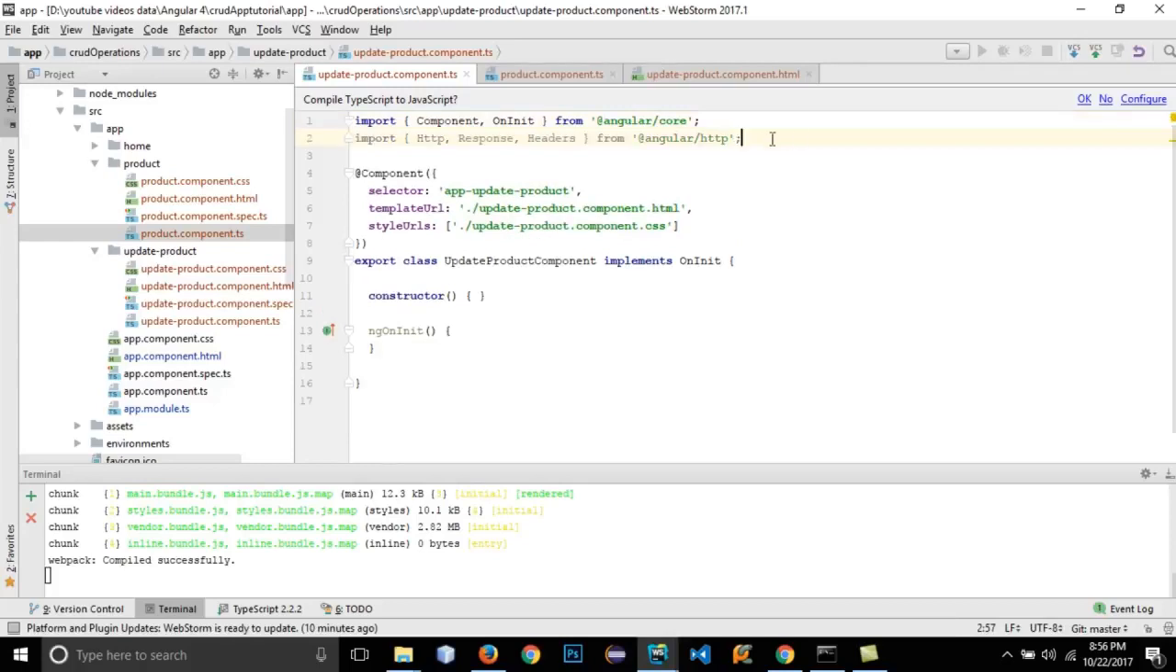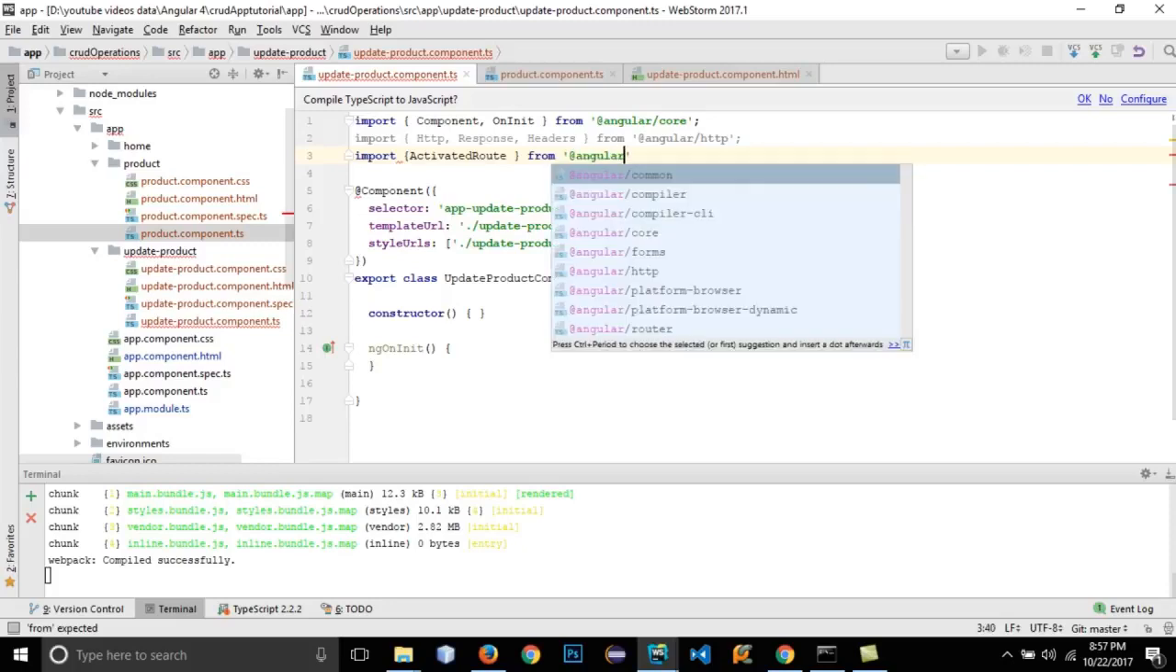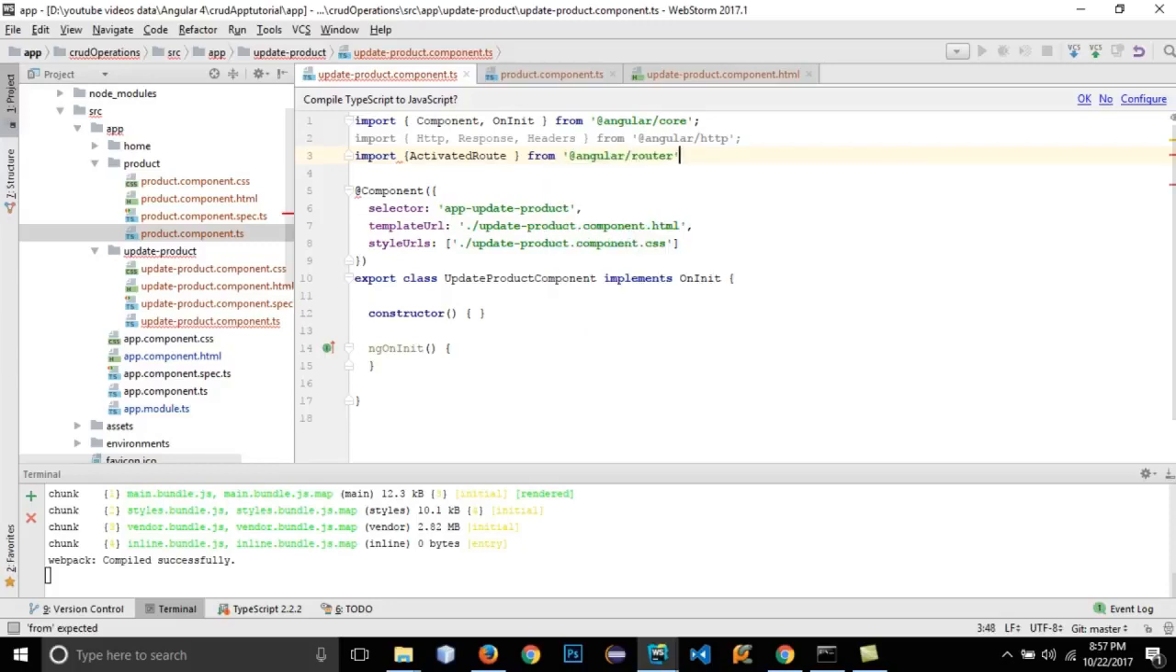Okay, and we also need to import the route, because as I said, I want to change the routes directly from the TypeScript. So I need to import ActivatedRoute from '@angular/router',